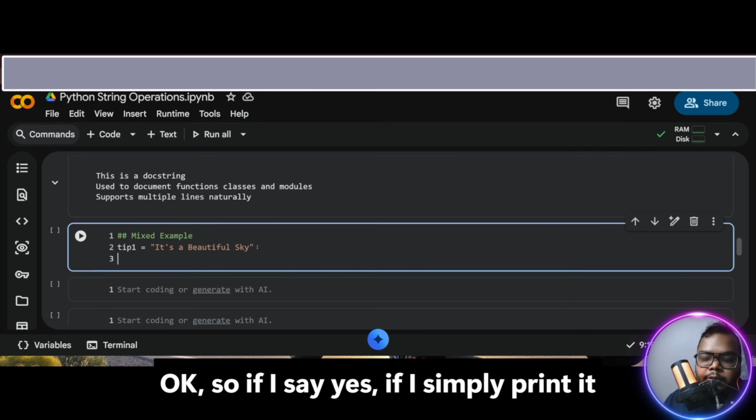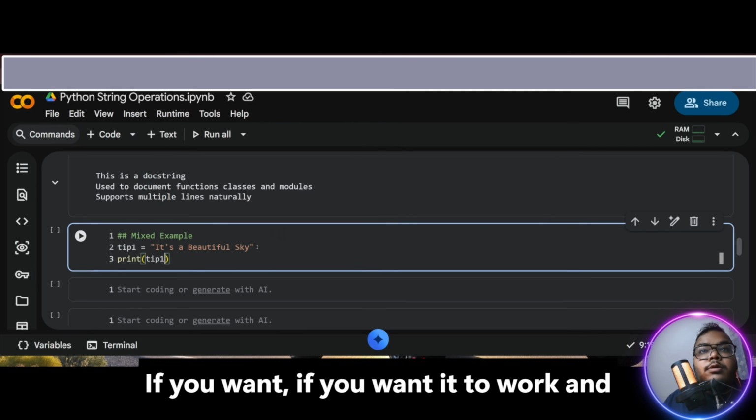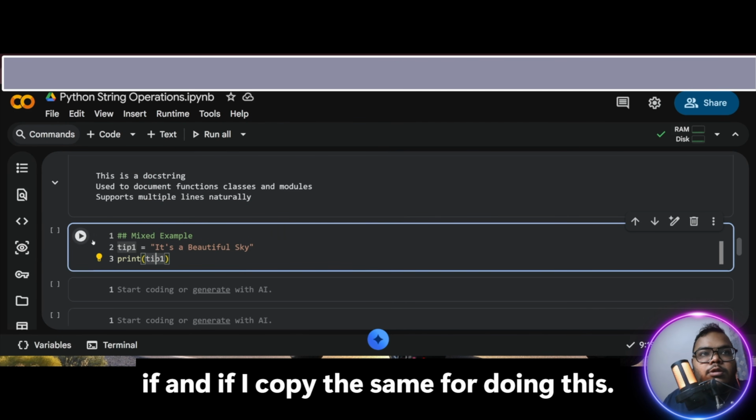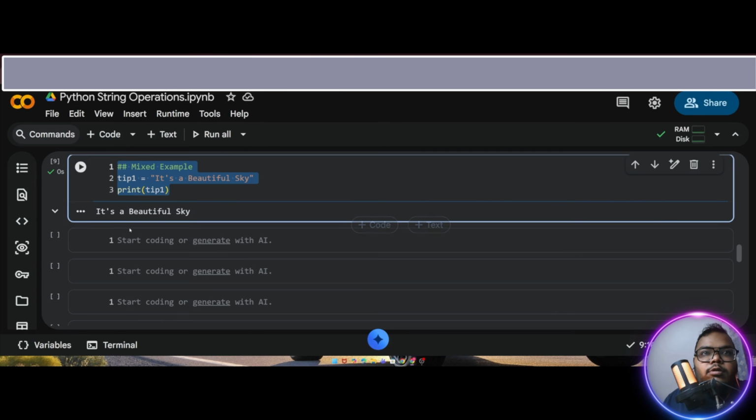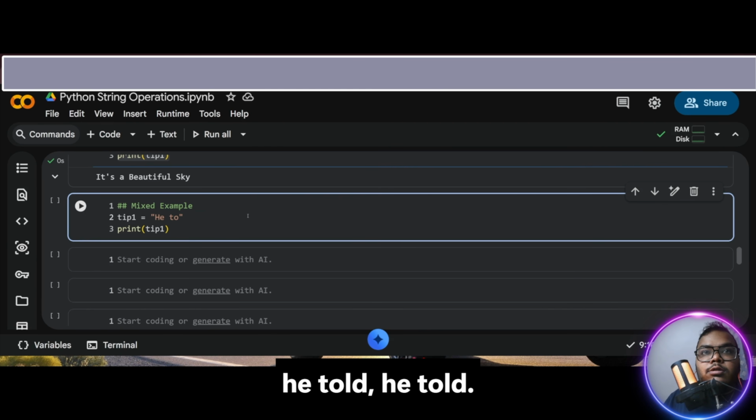Okay, so if I simply print, it will work. If I do tip one, it will work. And if I copy the same code after executing this, copy the same code and execute this, like this I can type. He told